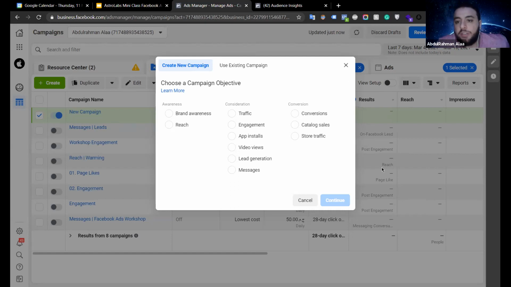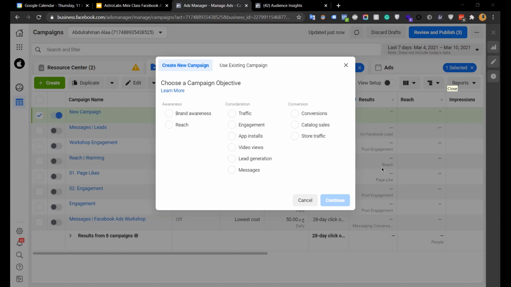How effective is the objective engagement? It's really effective, but you need to use it in the right way. If you are in the awareness stage, if you are just launching your brand, you need people to engage with you, and you need to make engagement content. So that's before you go to conversions and make ads about your products and sell directly to the customers.